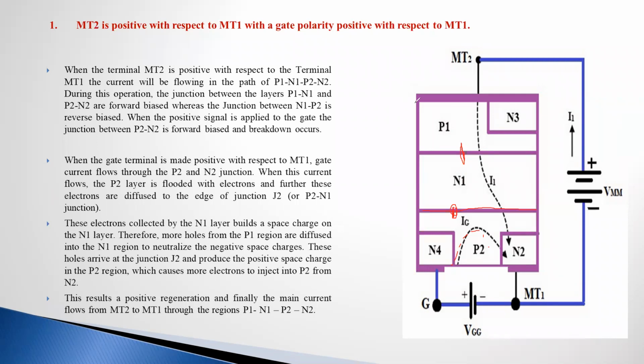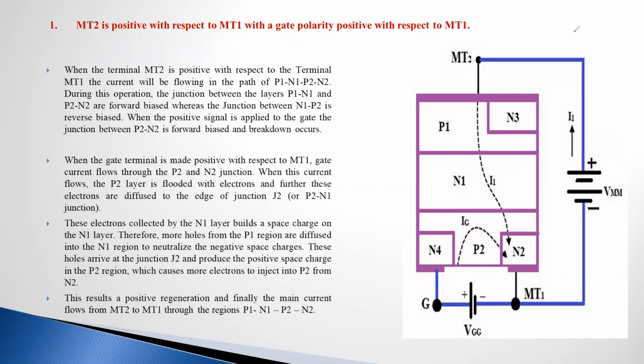This is the first mode. Do you get the point? Again, I will repeat this. This first mode of operation is a very important mode of operation. If asked to explain the modes of operation of a triac, you have to draw this diagram and explain the first, second, third, and fourth modes. See here, in the first mode, MT2 is positive, MT1 is negative, and the gate is positive.